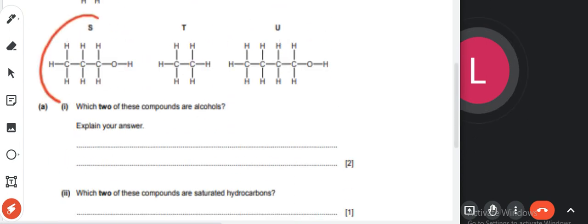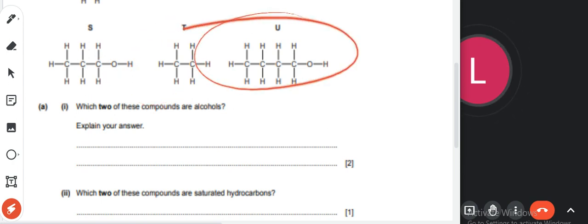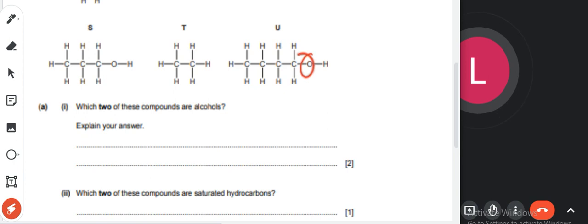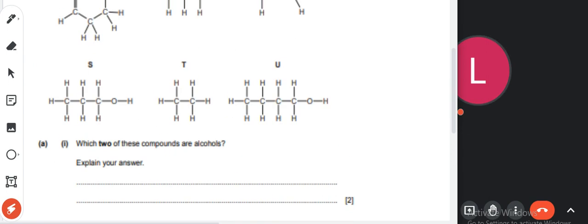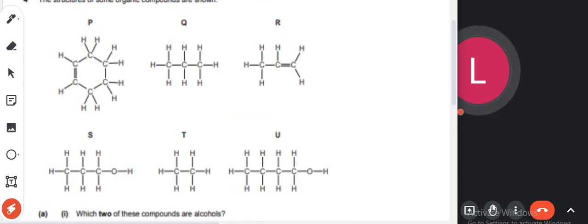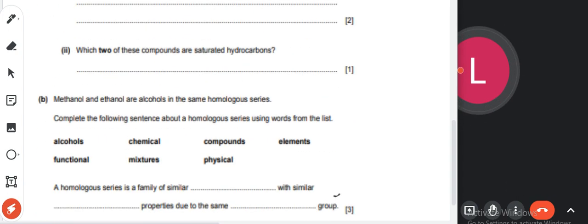Even though S is saturated, it's not a hydrocarbon because it contains oxygen. T is a hydrocarbon and it's also saturated. U is saturated, but it's not a hydrocarbon because it has O. All carbon-carbon single bonds are saturated. The ones that have double bonds like P, R are unsaturated because you can still split the double bonds to